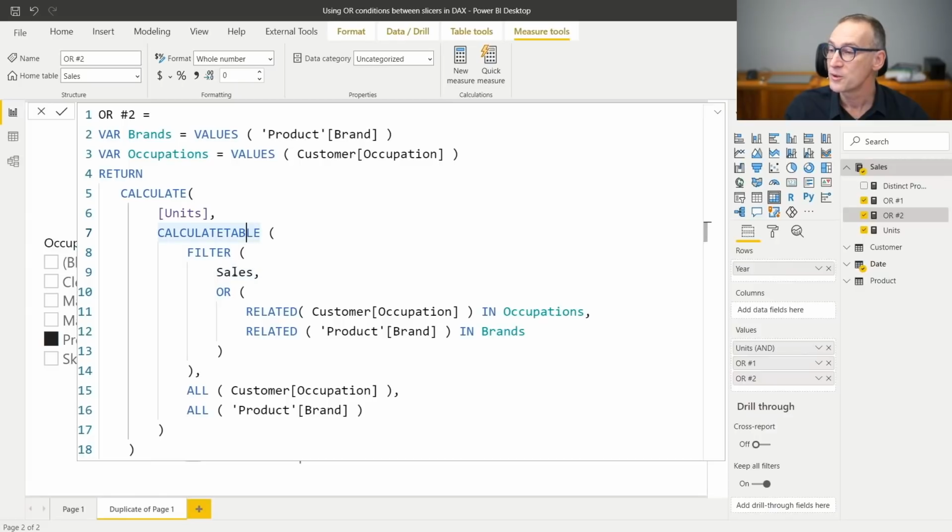So I can replace this filter sales with a filter that retrieves only the brand and the occupation. Now, brand and occupation belong to two different tables, so it will not be easy. I need to build a table that contains the occupation and the brand, but I can do that. Instead of filtering sales, I can use SUMMARIZE.